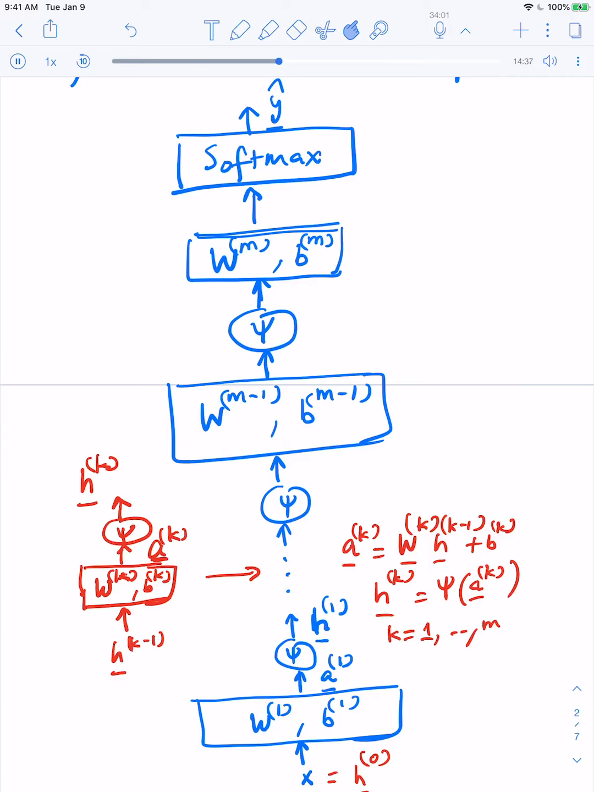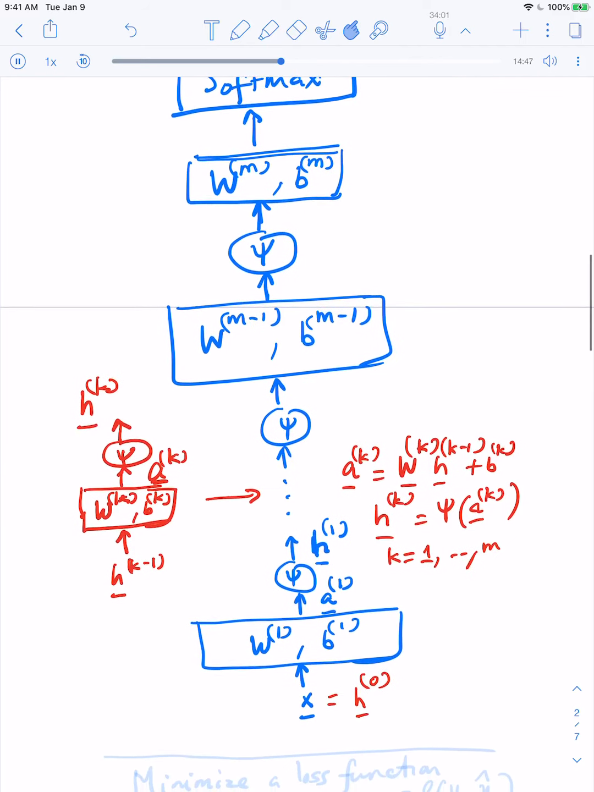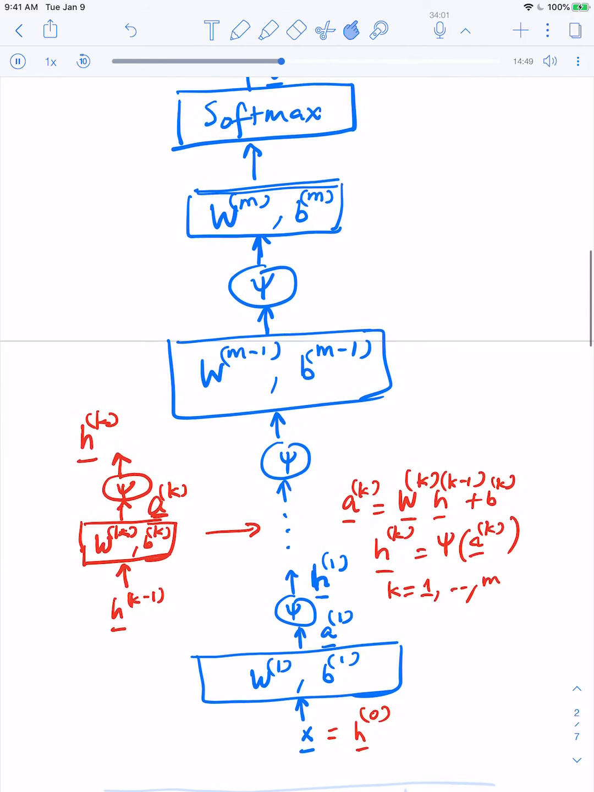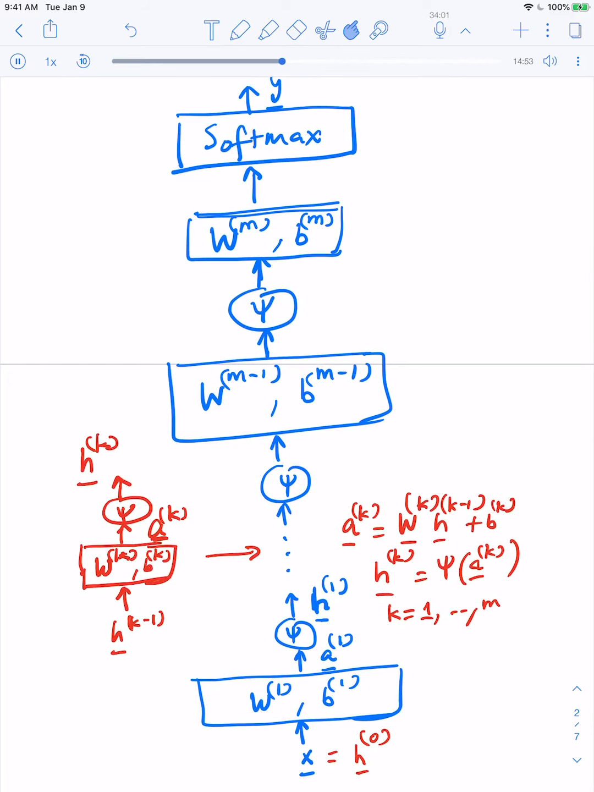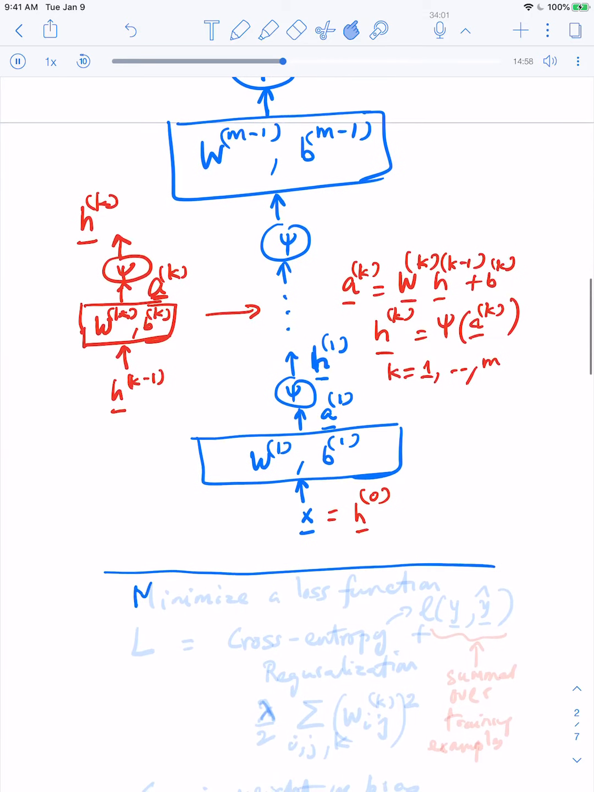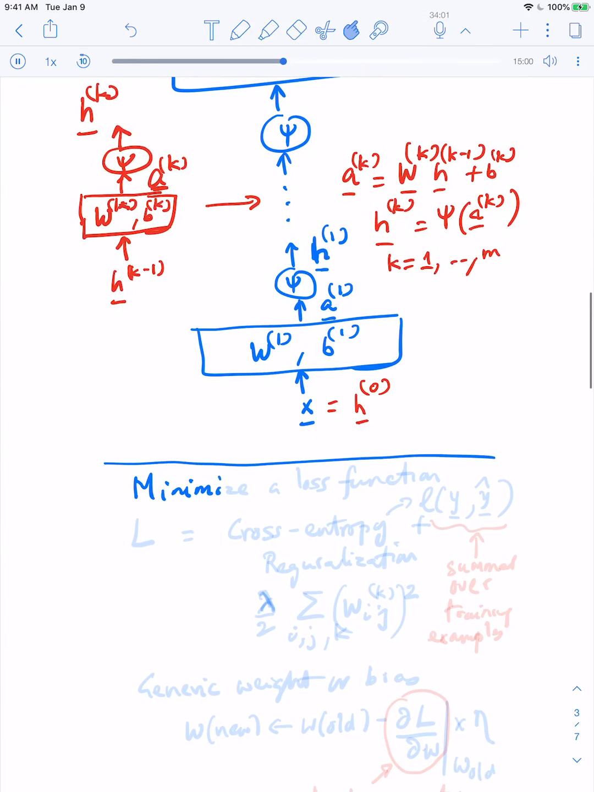And now we have to learn to train all these weights and biases over the entire network. So just like in logistic regression, what you're going to be training is the cross entropy loss function generically, right? So let's talk about that. So what are we going to be training for? So we'll train to minimize a loss function,